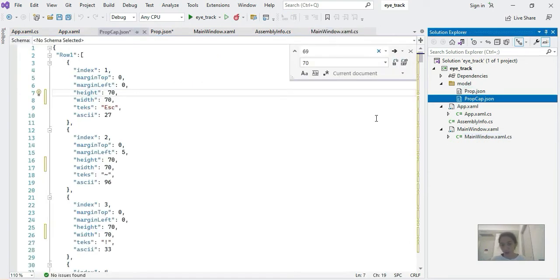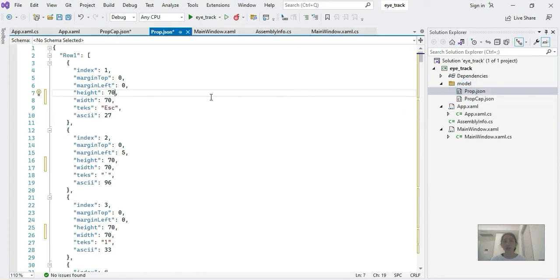At first we have a property JSON schema here. This procap is used to make the capitalized letter, and this is for the small letter. Okay,